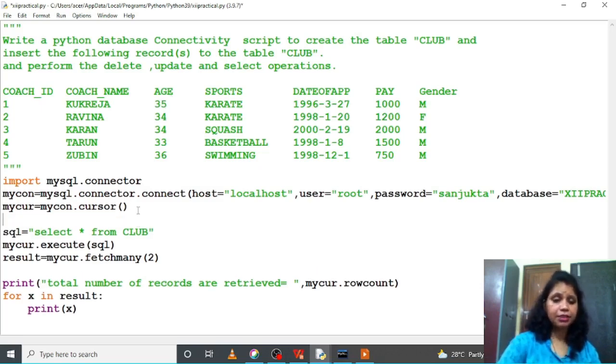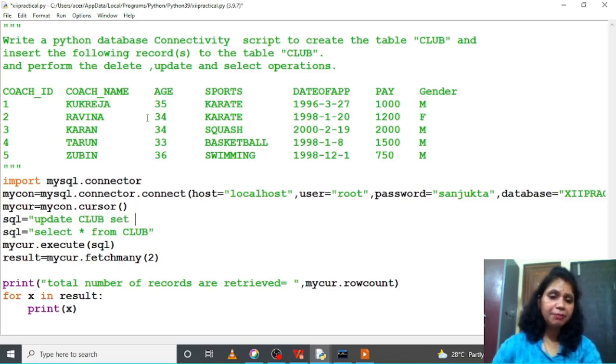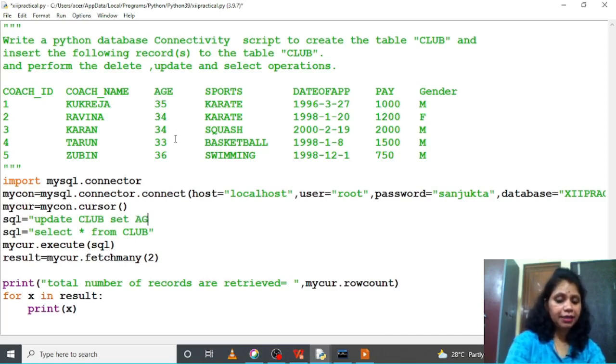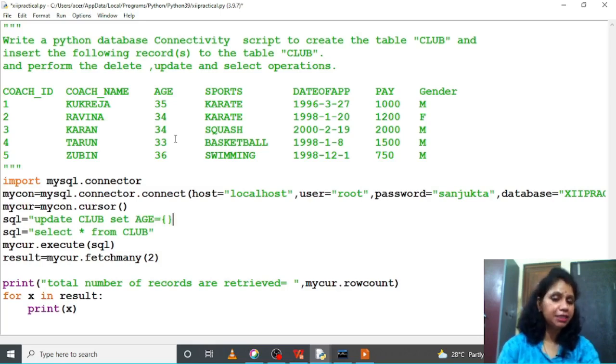So here already we have inserted the data, everything we have finished. Now I have to use the update command. So sql equal to, just write the update command. So update, table name is club, update club set. Where do you want to change? You want to change the age. So set age equal to, dot format method I have to use here. So age equal to curly bracket start, curly bracket close, because this one is numeric type. Set age equal to this where